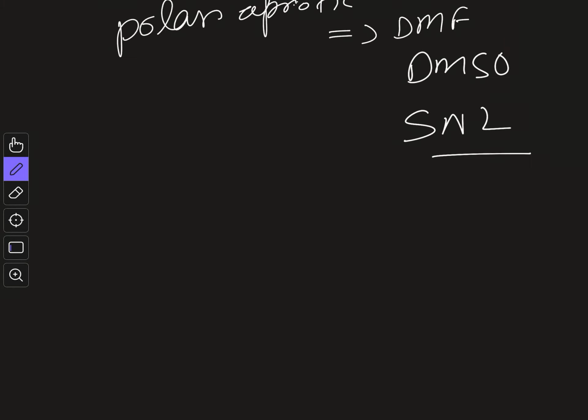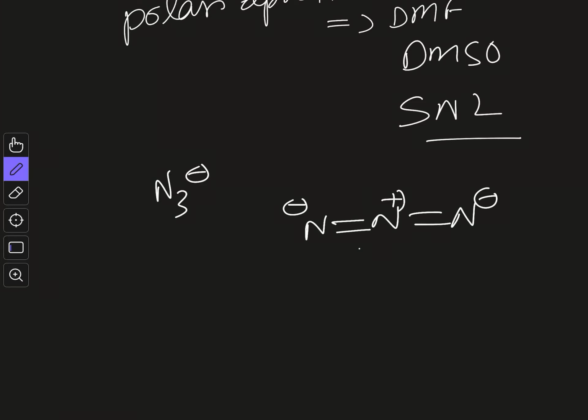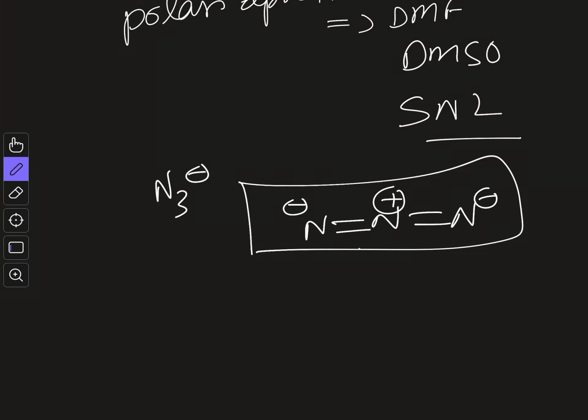Another thing I forgot to mention in the previous section, that how we generally say when a reaction is SN1 or SN2. So besides looking into the actual rate of the reaction, we can qualitatively measure whether the reaction is SN1 or SN2 just by adding some external nucleophile, and in this case the nucleophile added is N3-, which has the structure like this. So it has a rod-like structure and it is very much nucleophilic.